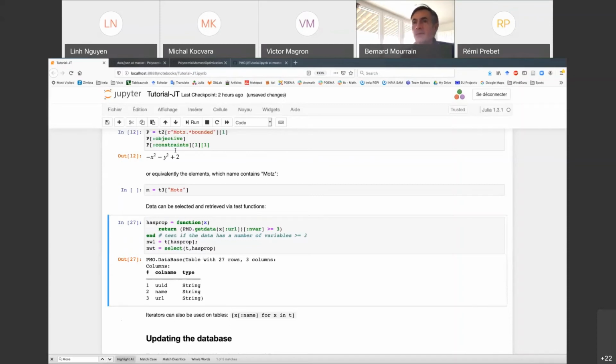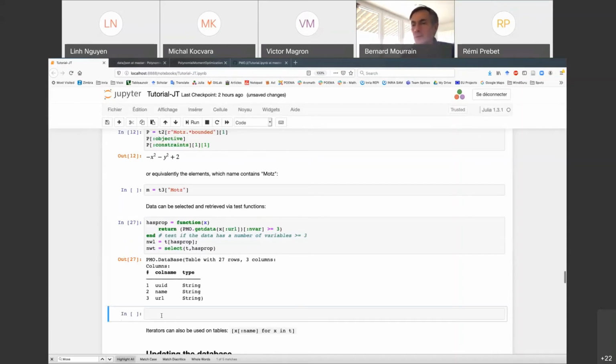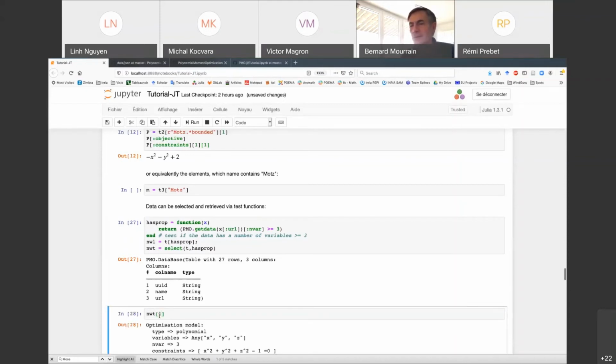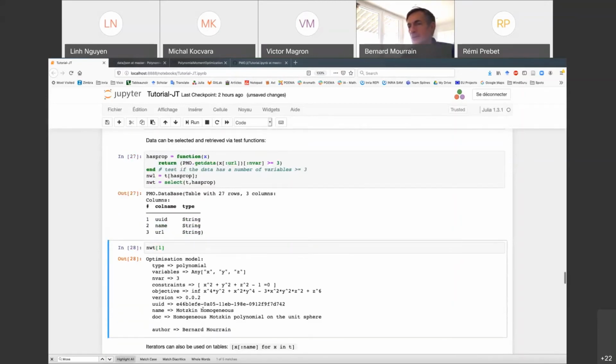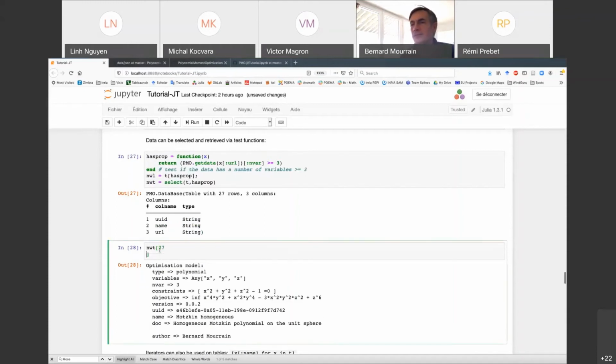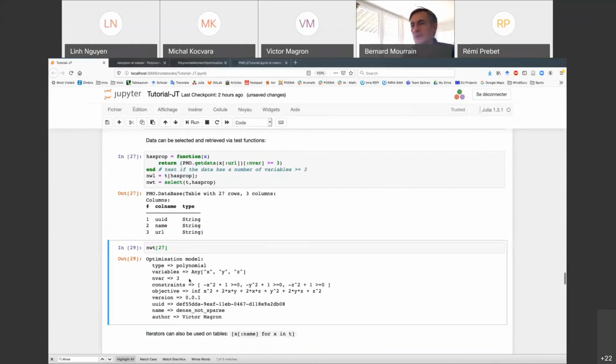So for instance, the first entry of this new table is this polynomial. It's the Motzkin homogeneous polynomial. And the last one is this one, which has been added by Victor just some minutes ago.